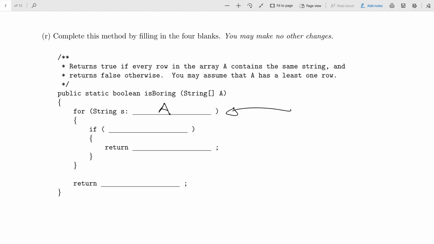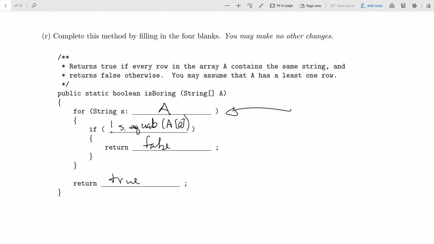Okay, she said look at index 0 of the array. There's guaranteed to be an index 0 of the array. So if not s.equals(a[0]), so if they're different, we return false. If we never find anything different from A0, we return true.